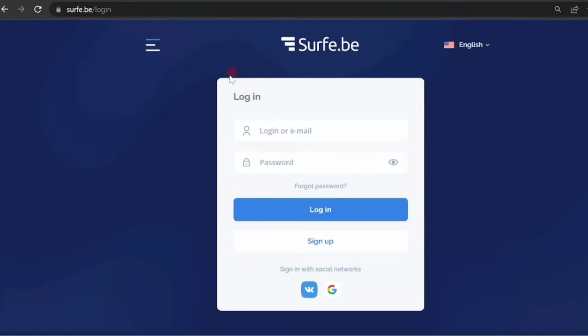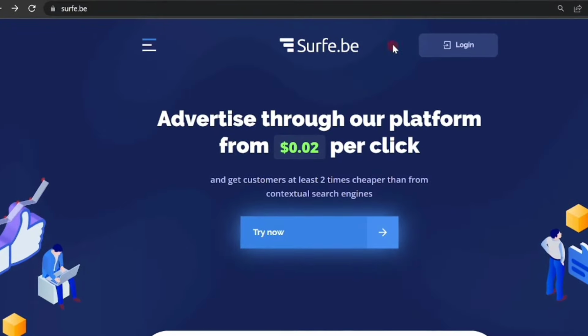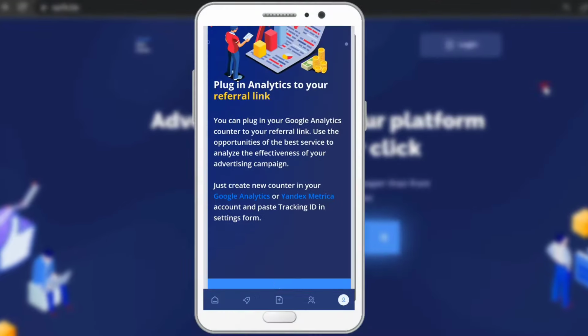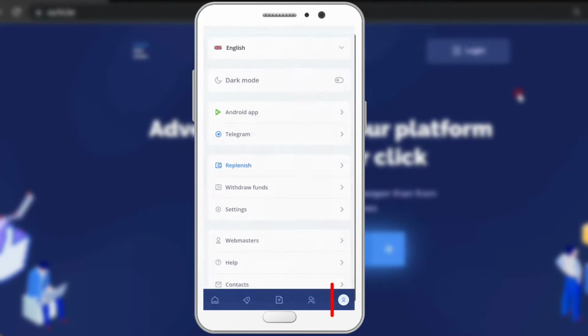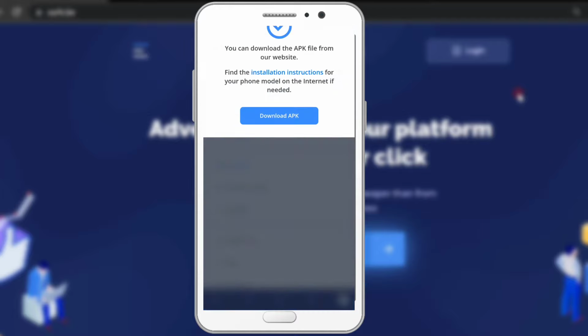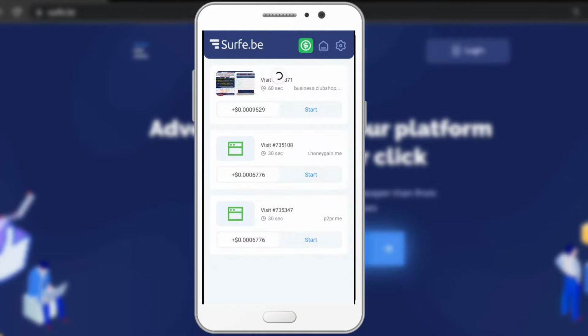It's better to use this website on Android device because the website provides its application in which more tasks are available. To download application, you can click on Profile button right here and click on Android app, and from here you can download app. After installing and log into your account and app, you can see various tasks like watching